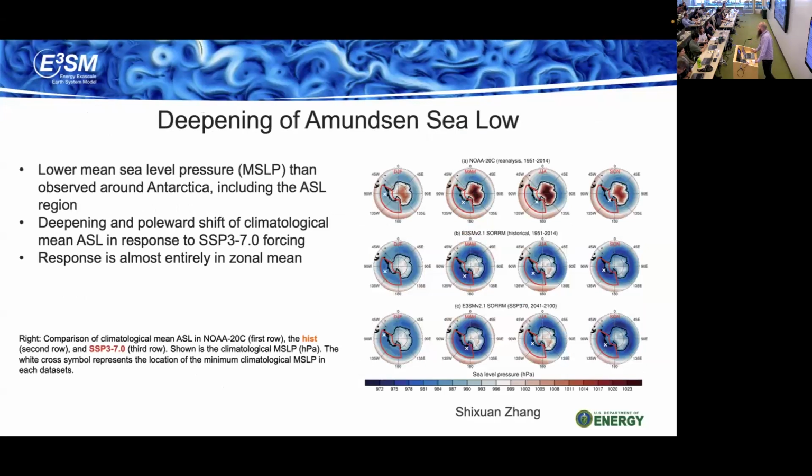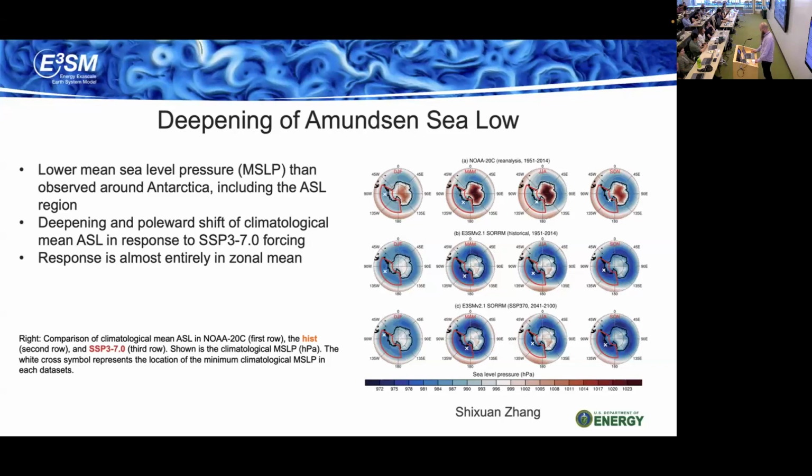Another feature that we saw in this set of simulations was a deepening of the Amundsen Sea low. In this figure, the top row is our observations divided by season. The middle row is the historical ensemble, and the bottom row is the SSP scenarios.